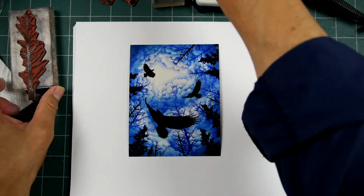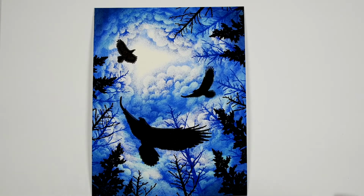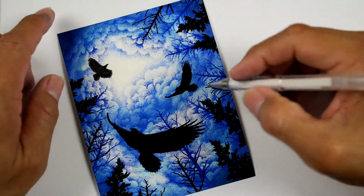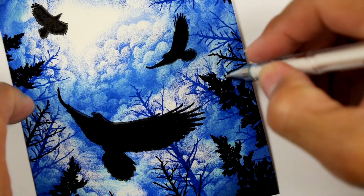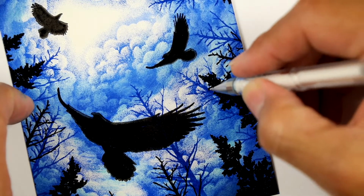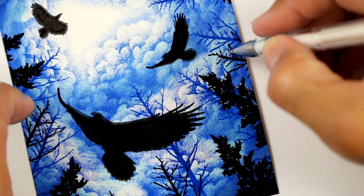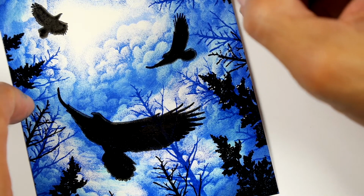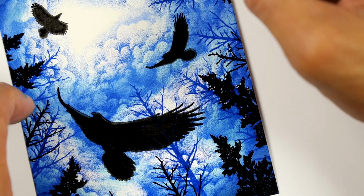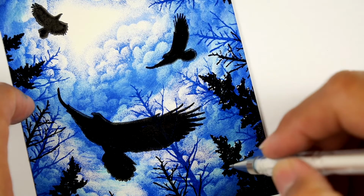Let's go in and let's not keep out any of our little details here, but let's make it fairly quick, because I don't have as much time in the spirit of the time format. Adding a few of these little highlights right here, I do believe that adds quite a bit to the scene, and